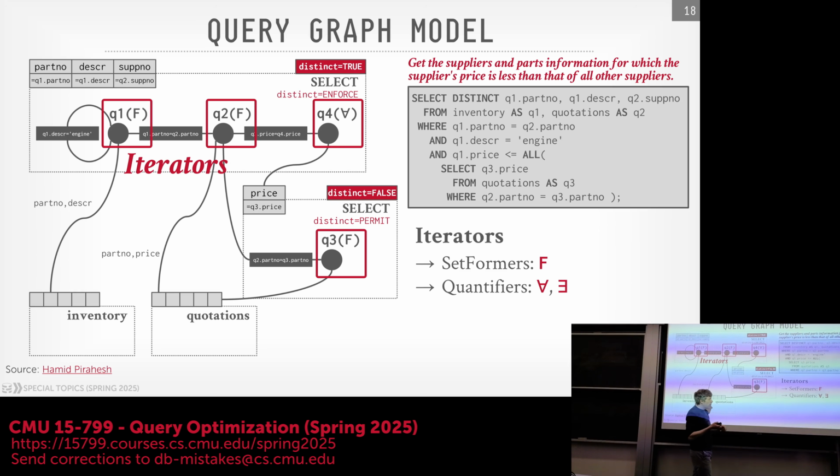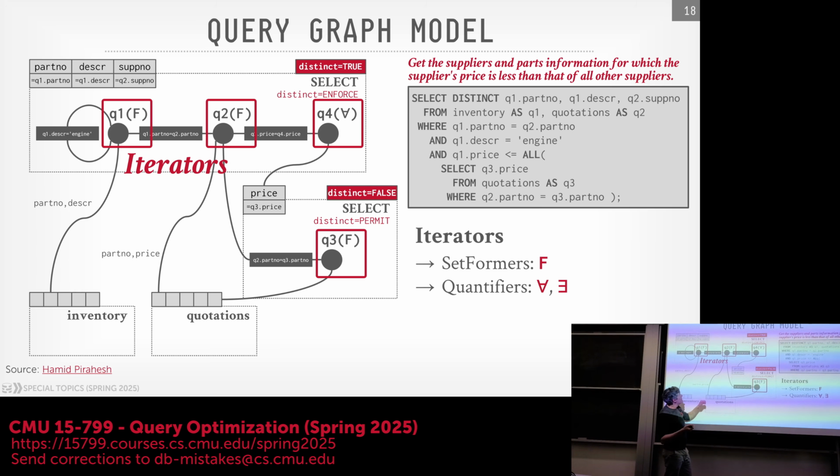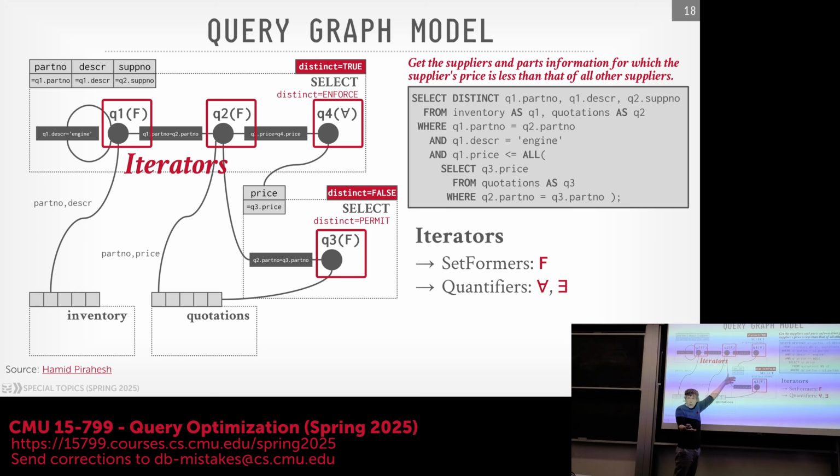The two forms of the iterators are the set formers, the things that are creating new outputs from base tables, or a quantifier, which is something being derived from another query box. So this select here is doing the scan on the quotations table, so therefore it is a set former. These two here are both looking at inventory and quotations, so they're both set formers. But this one here, Q4, is being derived from the output of the second box here, so that's why